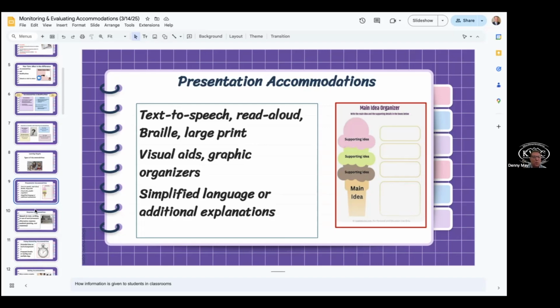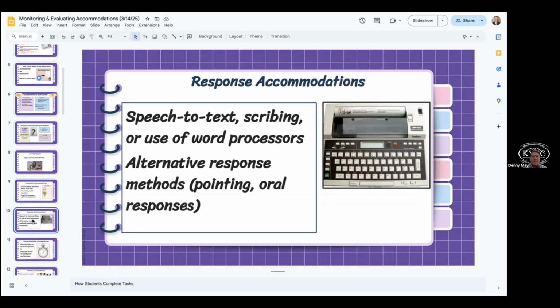And so that's certainly one way of doing it. And then we have response accommodations. We've got speech to text, where the student may have a physical disability that would keep them from writing